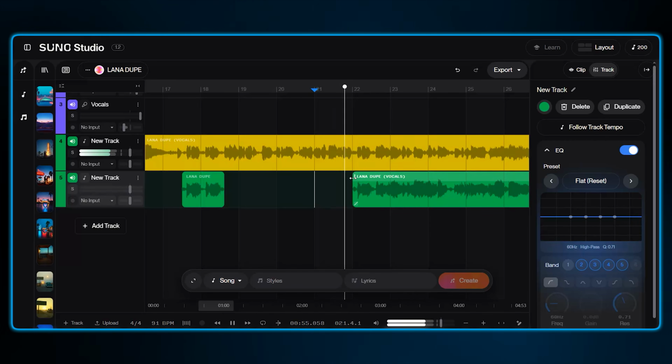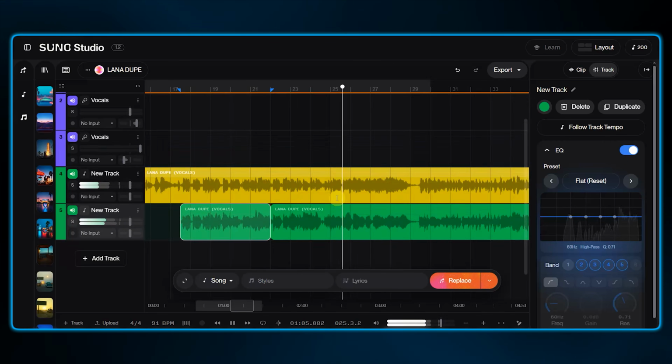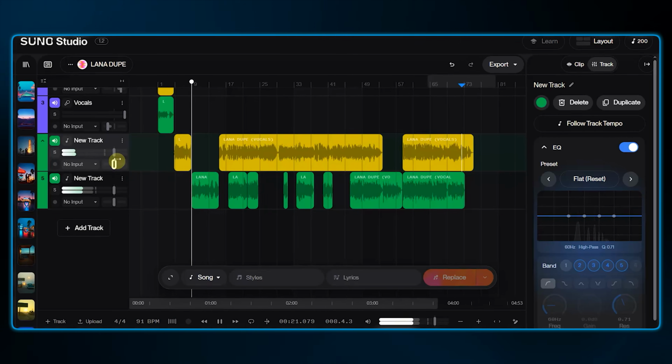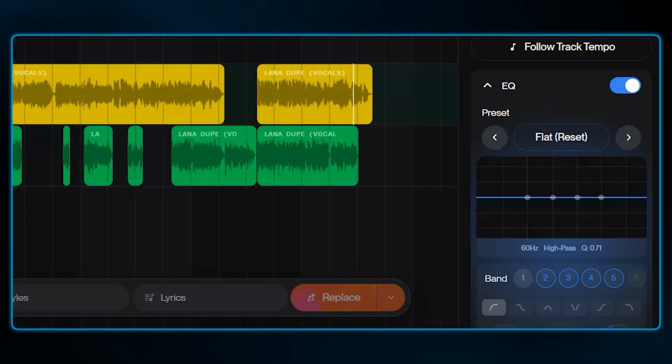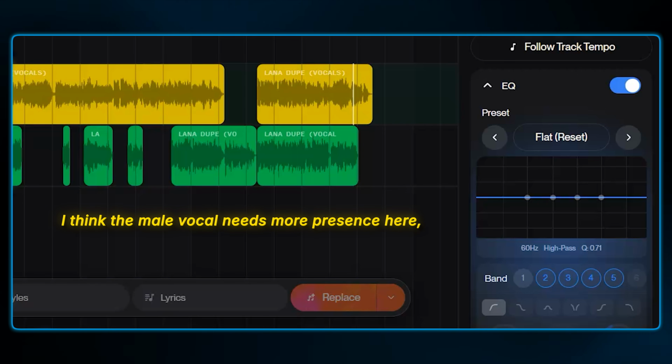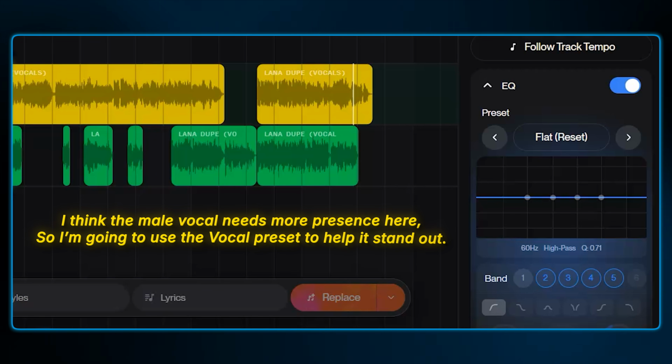Okay, let's keep arranging the rest to create that call and response conversation for the duet. So far, we have been keeping the EQ flat, so let's adjust those frequencies a bit as well. I feel like the male vocal needs more projection here, so I'm going to select the vocal preset to elevate